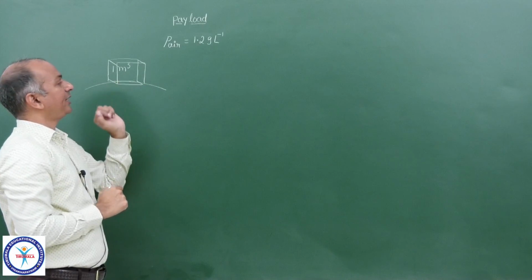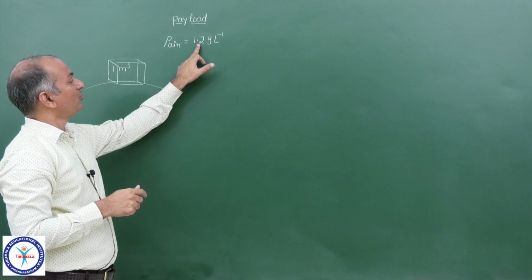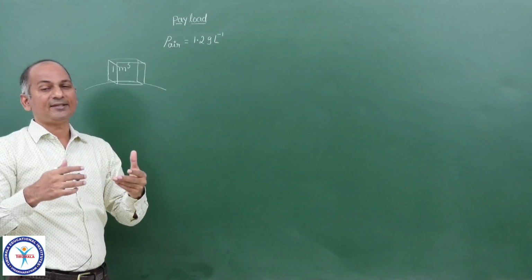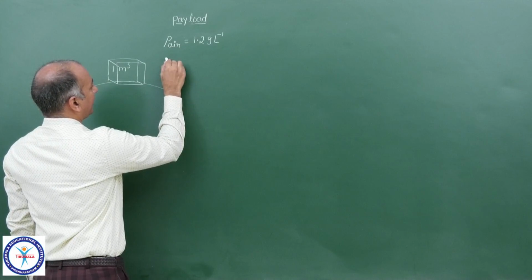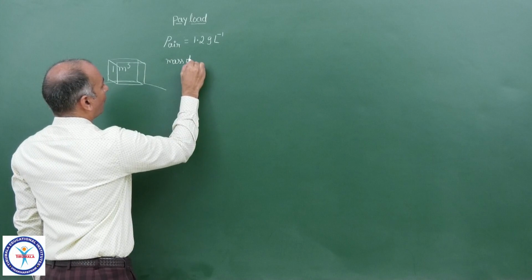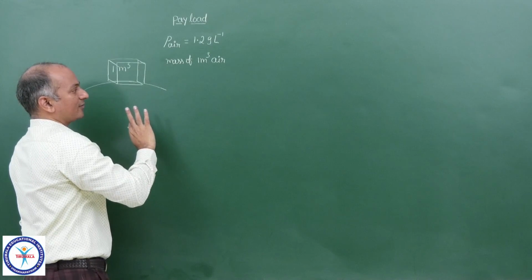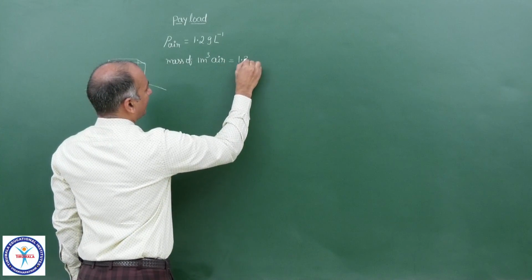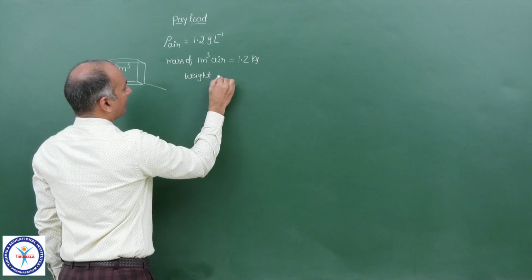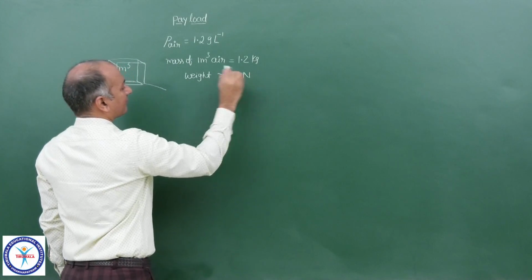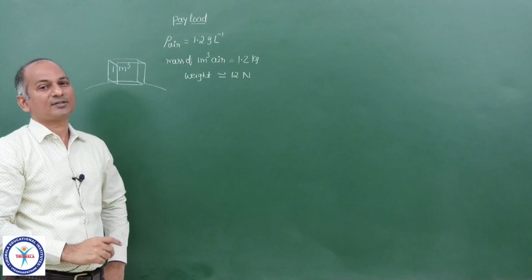So what is the weight of 1 meter cube volume? 1 meter cube means 1000 liters. So 1000 times 1.2, and if you convert into kg, it is 1.2 kg. So the mass, not weight, of 1 meter cube atmospheric air at the surface of earth is equal to 1.2 kg, and then its weight is roughly 12 Newton. If you take g value as 10, then it is roughly equal to 12 Newtons.